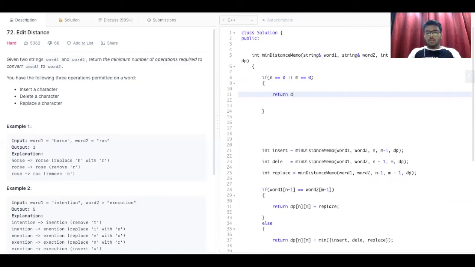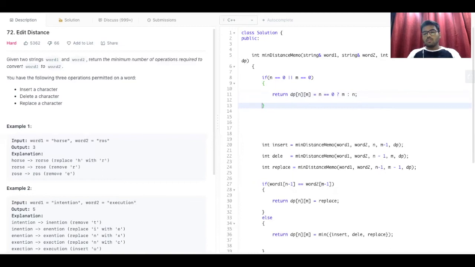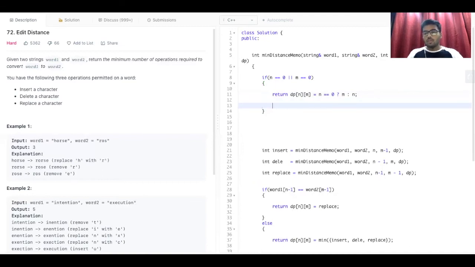We simply return m if n is equal to 0. Otherwise, if m is 0, we return n. Okay, this will satisfy the base condition, even if the first word becomes 0 or the second word becomes 0 or both become 0.